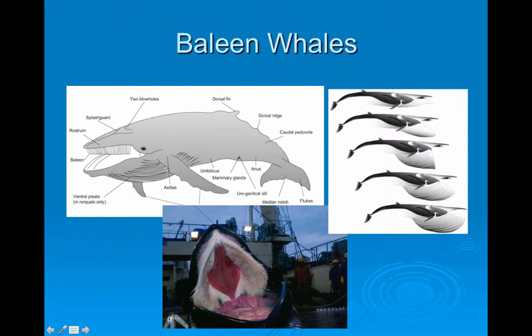Baleen whales, I just want you to be aware there's 2 types of whales. There's toothed whales like orcas, and there's baleen whales, which have these toothbrush-looking things in their mouths, and that's a giant tongue. So what they do is they gulp a mouthful of water, as you can see here, that's full of little tiny shrimp called krill. And then they shut their mouth. And then they use this tongue to force the water out through these toothbrush-looking things, leaving the krill behind.